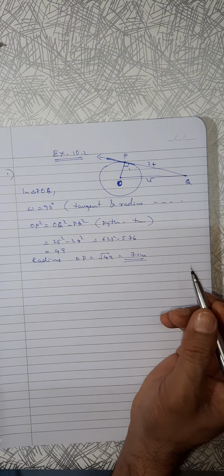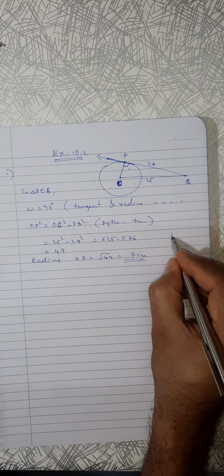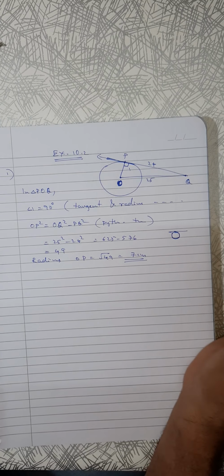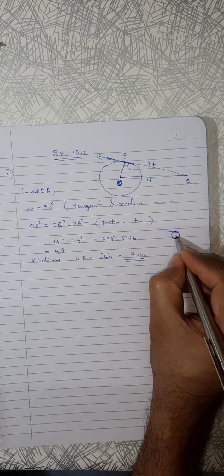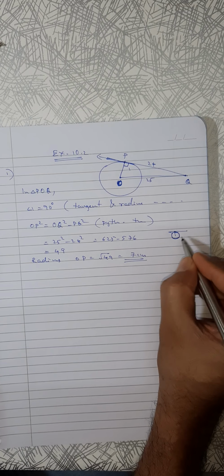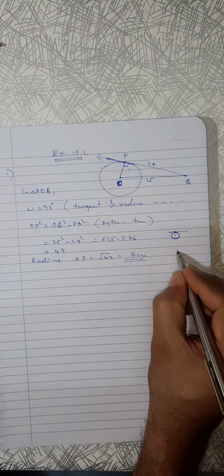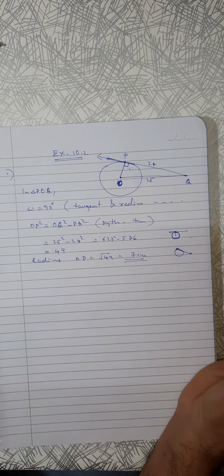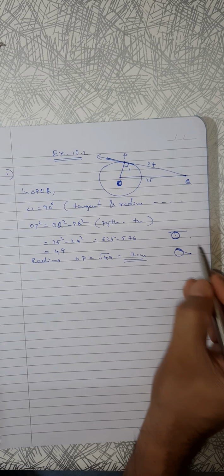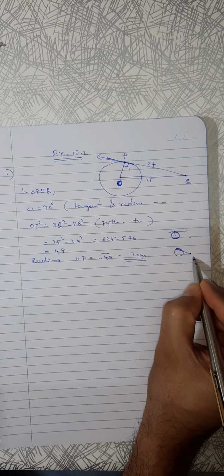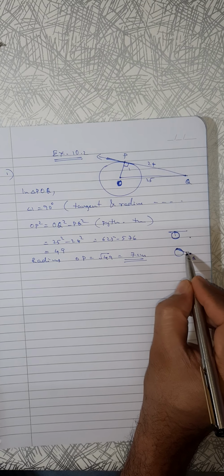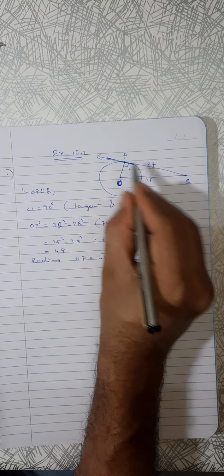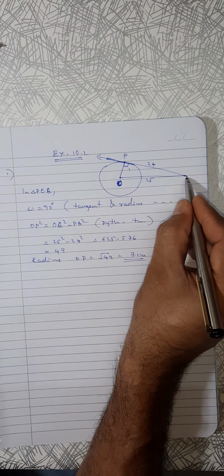Okay. Now remember one thing, when we draw this type of figure, we should not draw like this. Why? We can draw, but the point we take here normally, isn't it? After taking the point here, if I try to draw like this from here, it will not be a tangent. It cannot be a tangent because from this point Q, if I am drawing, it will be touching here, not here. At the here it cannot touch it. Touching will be here somewhere because the point is Q here.